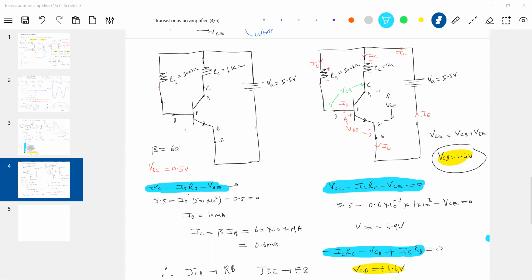Look at this part. Like this, you have plenty of numericals. You just have to write KVL and manage. Tomorrow's class will explore a few more numericals. I think we have plenty of topics to cover. First, I'll cover the topics, then in the end we'll go for the numerical section. There's one numerical I showed.